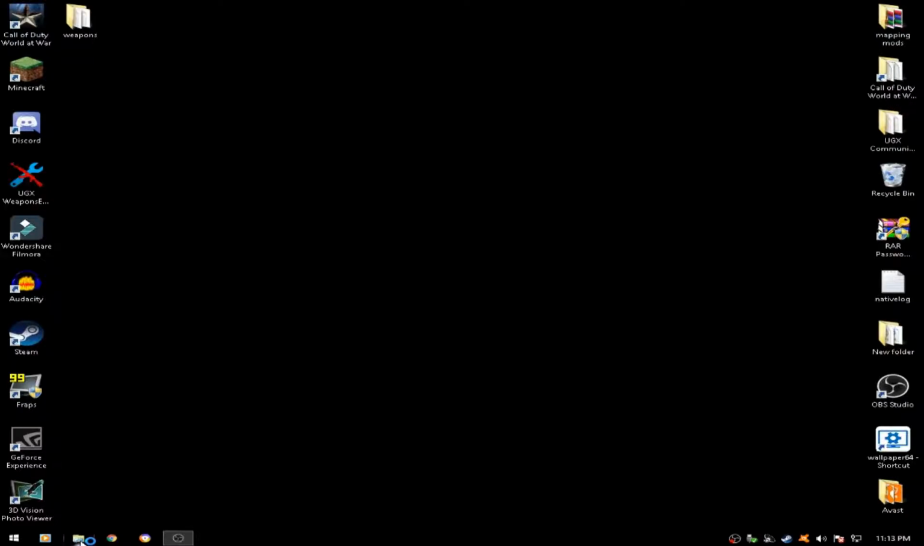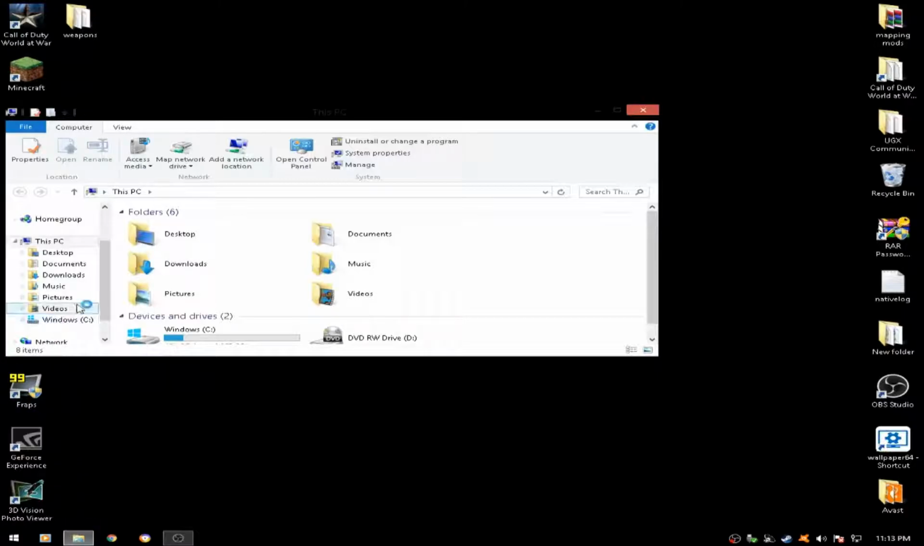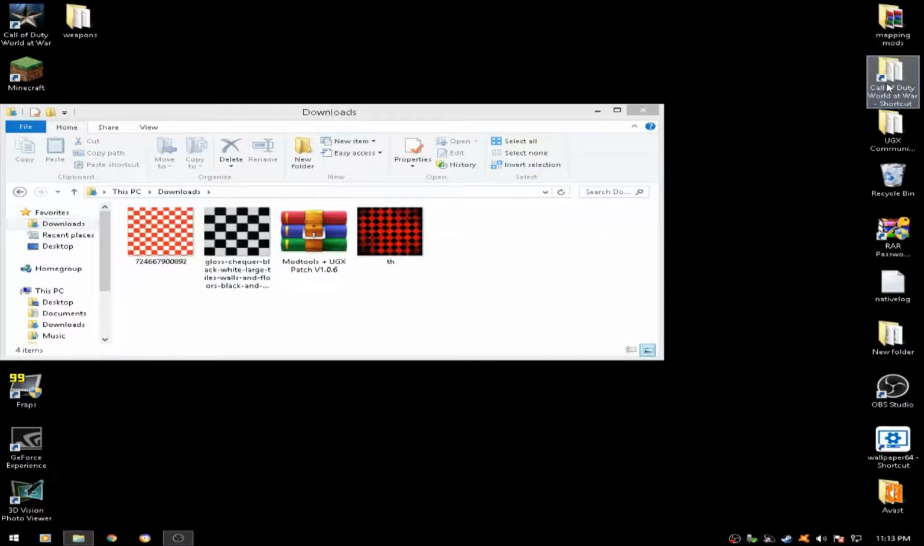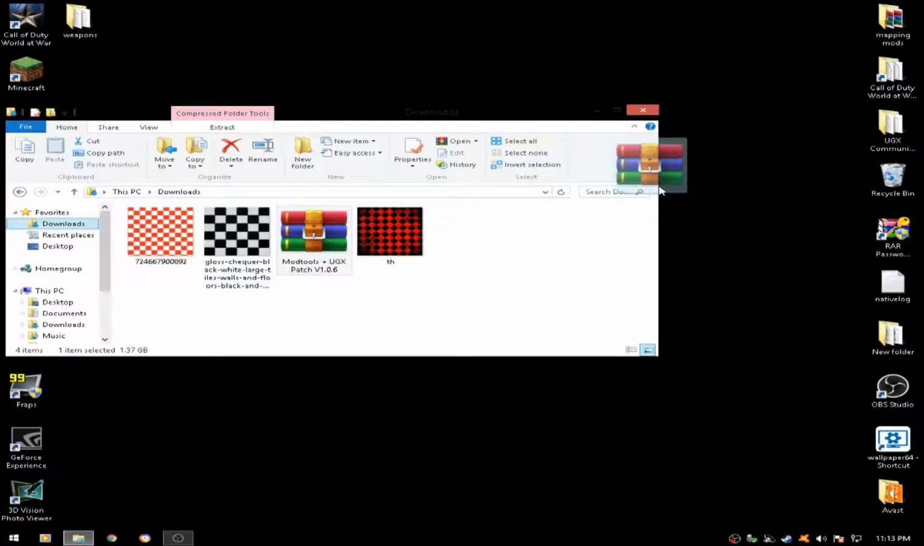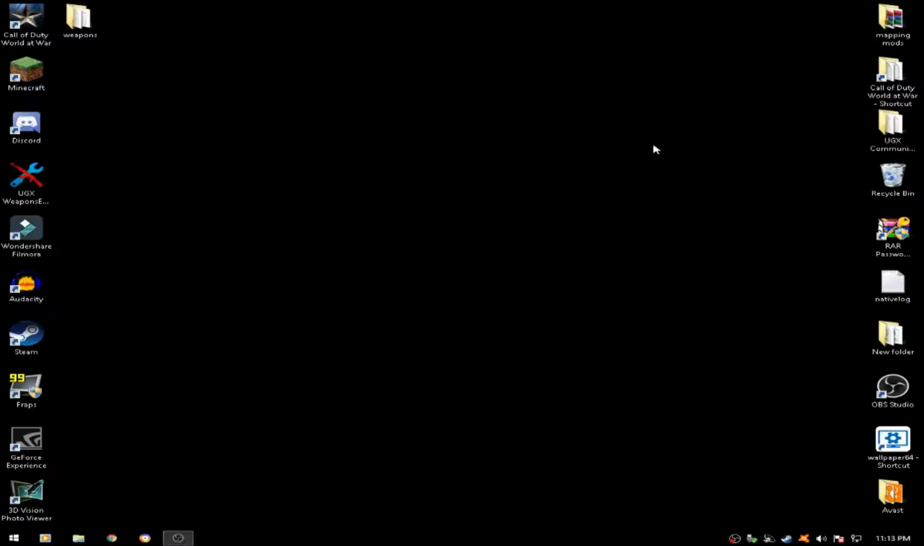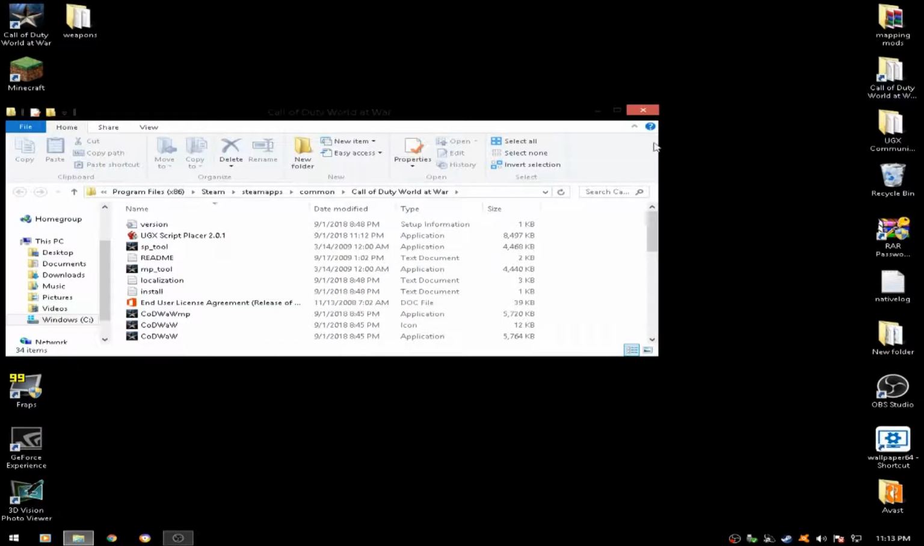Go to your folder down here. Go up to your downloads. See the script placer, drag it to your World at War files. Now the mod tools patch, well, you can just delete that or just keep it somewhere just in case. Alright, so now go to your World at War files, click on Common,